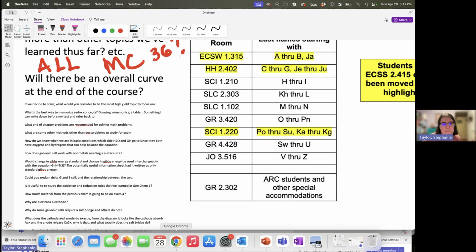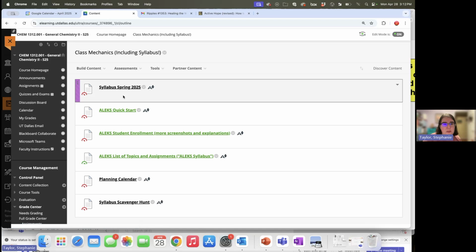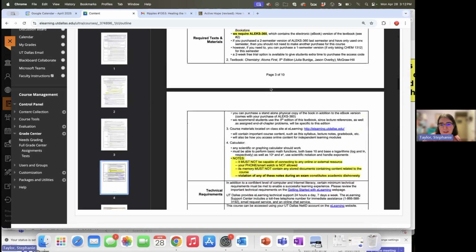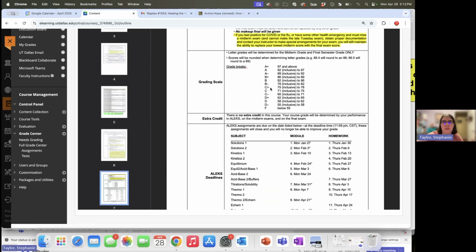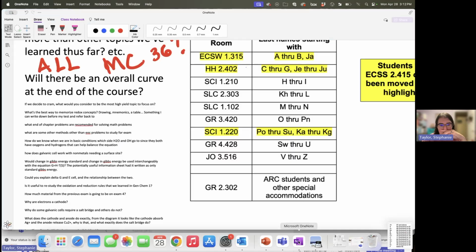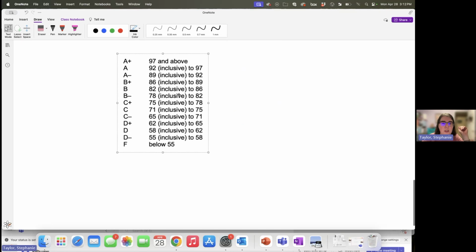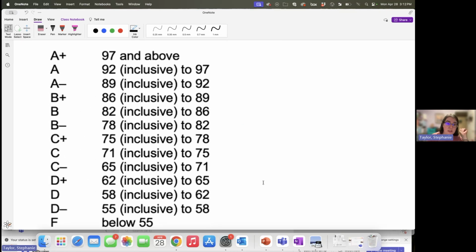So we post our actual grade breaks. In the syllabus, always makes me laugh. It's like, oh, we're going to the syllabus. In the syllabus, one of the things that we actually have, and it's posted in the syllabus, if you guys didn't catch me doing it, I did in fact just go to the syllabus and nab this. But what you might notice when we look at the grade breaks that we use that's posted in the syllabus